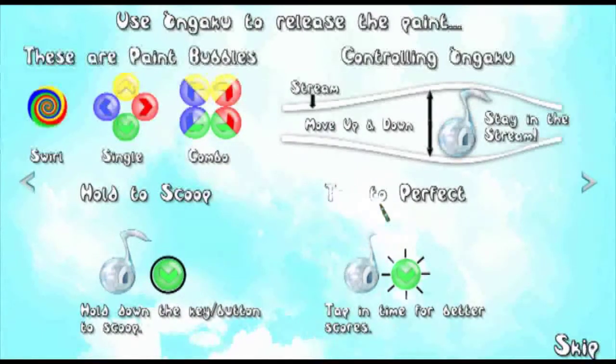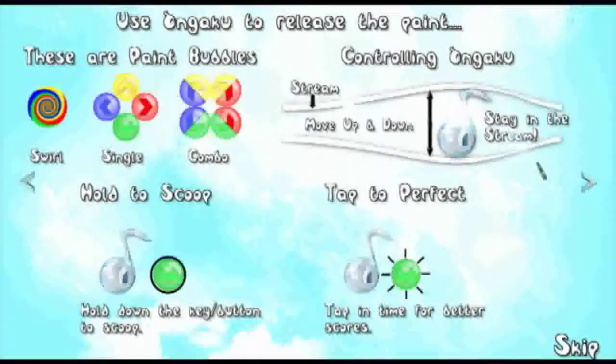So basically what you want to do is hit the note perfect. As soon as it's directly under Ongaku, press the button and you will perfect the note. So yeah, tapping time for better scores. You get better scores for perfect. If you hit it early or late, you'll get less points, and even less points for scooping. So when we go to the next tutorial screen by pressing the arrow here,